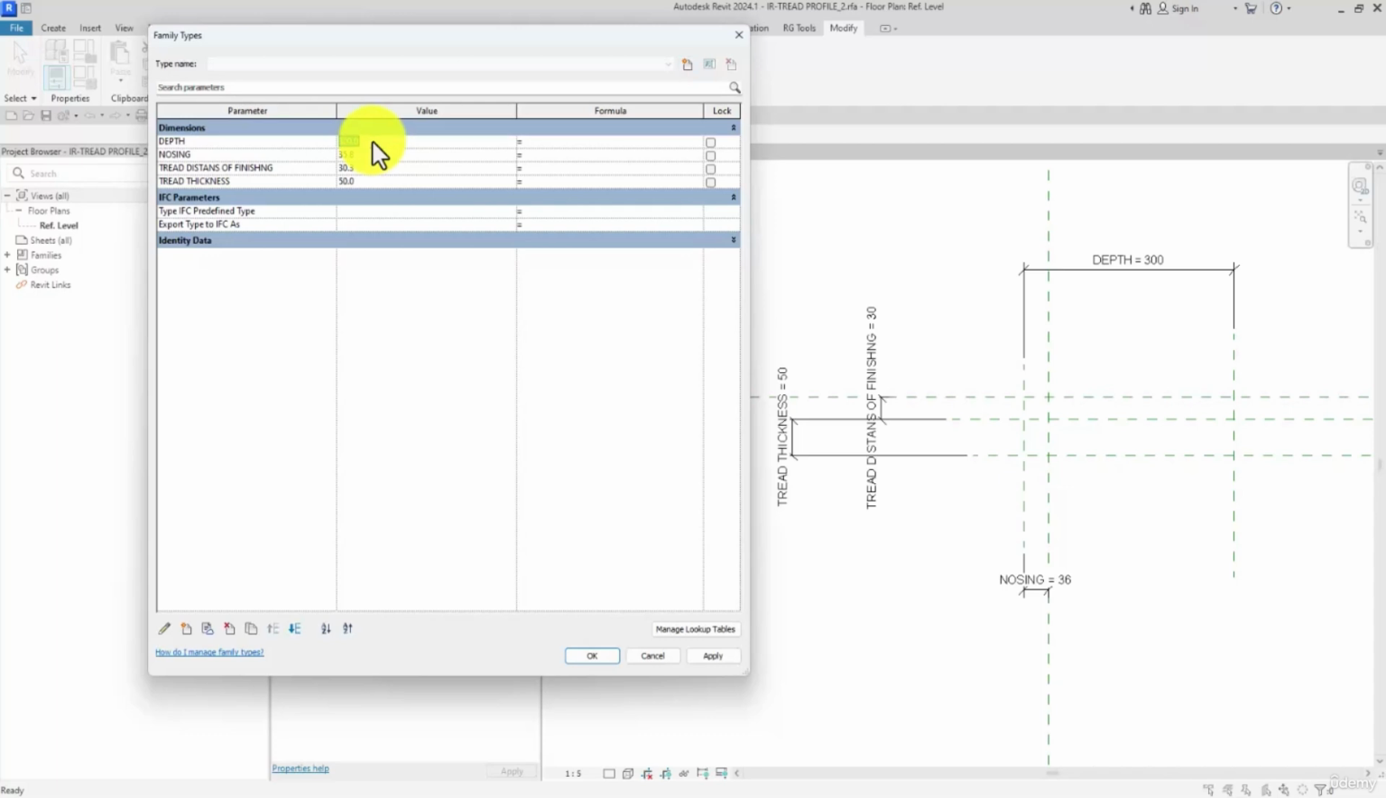Afterwards, I want to change these values to test the parameters. 11 and a half inches, 292.1 millimeters, and then for height 1.5 inches by this way, 38.1, and 1 inch, 25.4 for nosing. Very well. And then for the thickness,